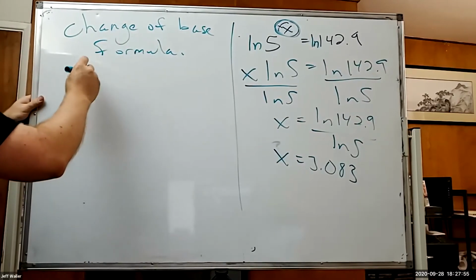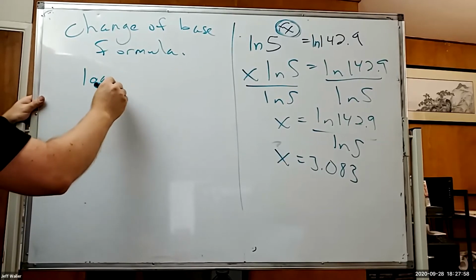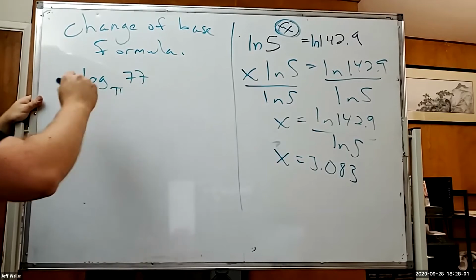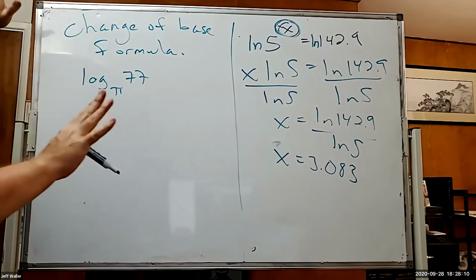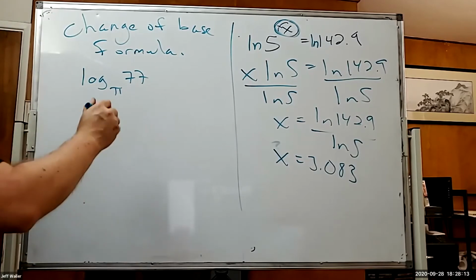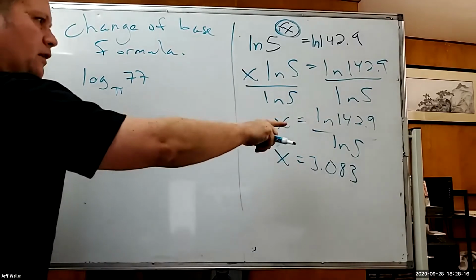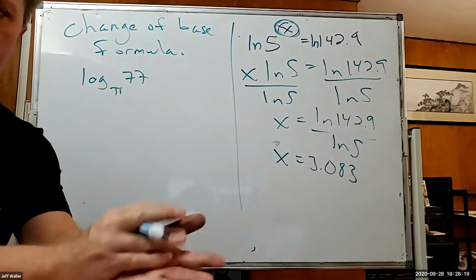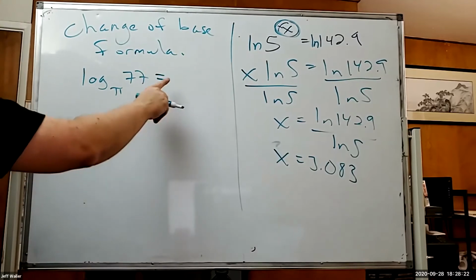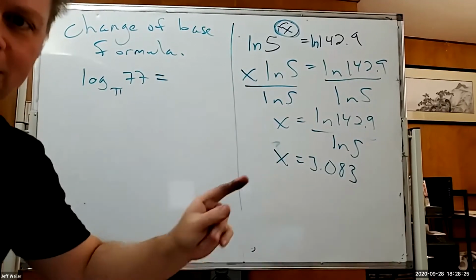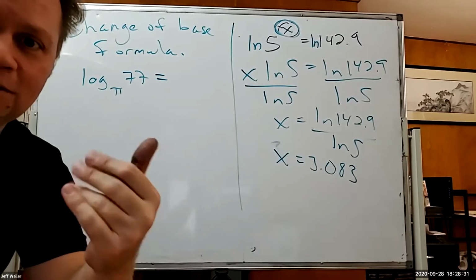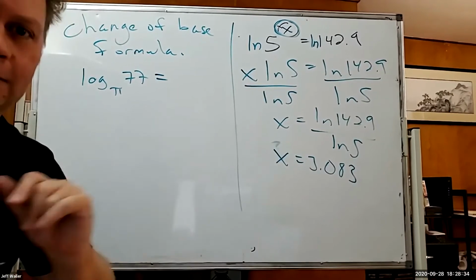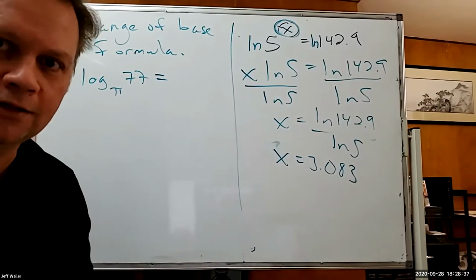Okay, so if I had to figure out what log base pi of 77 was, do I have that in my calculator? Do I have log base pi? Not that you know of. So, going off of what we know, I want to be able to rewrite this in terms of some logarithm that I have on my calculator that I know where it is. So what is the answer to this? Do you know what the answer is? No. Okay, so then what is it? We've learned from algebra, when I don't know what it is, I call it